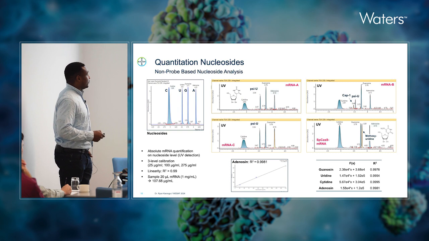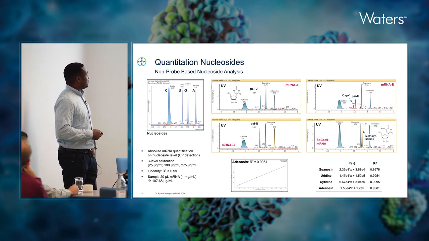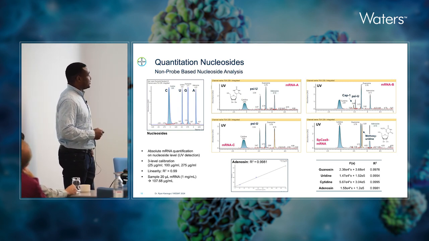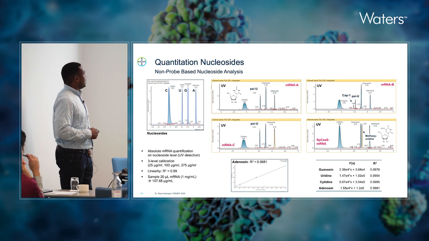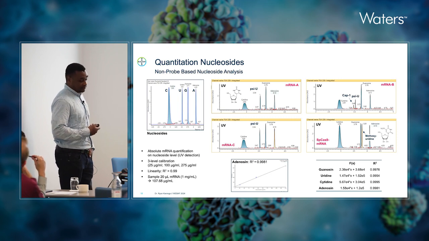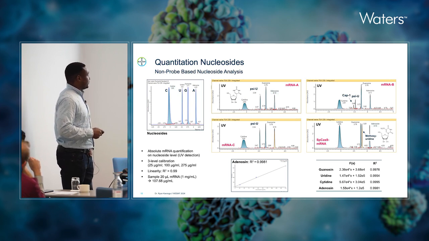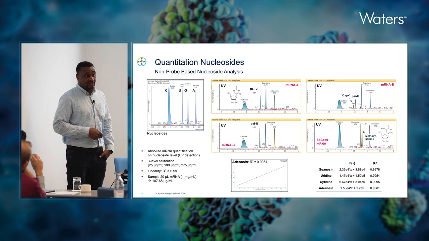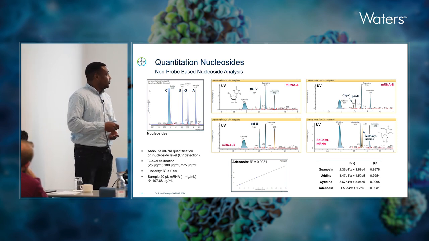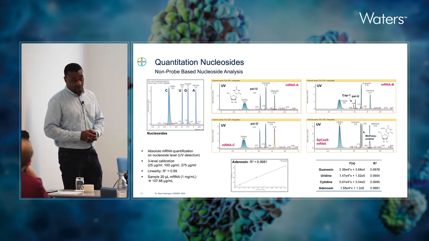And we analyzed a few of our in-house synthesized mRNAs, which also contain non-standard nucleotides, pseudouridine here, for example, and methoxyuridine here. Here the separation could be optimized, but works very well. And in mRNA-B, which is a non-purified sample, we were able to find also cap structures using UV detection.